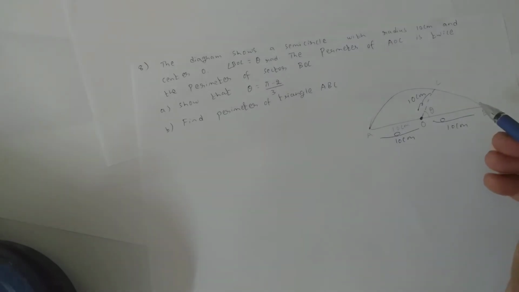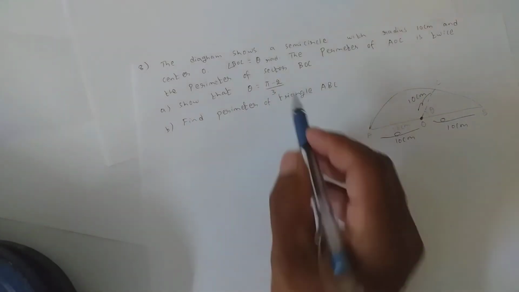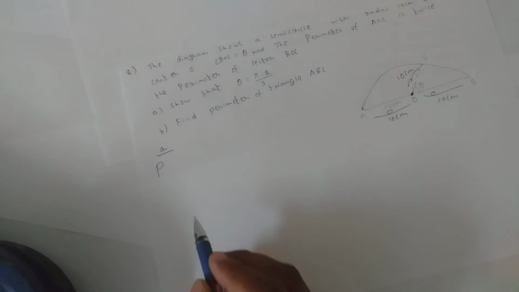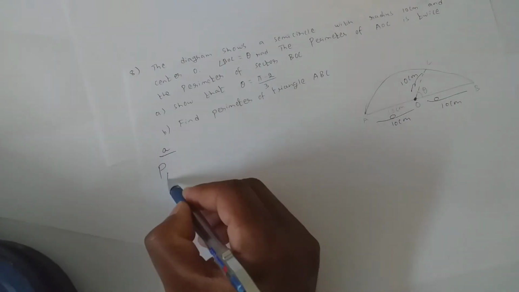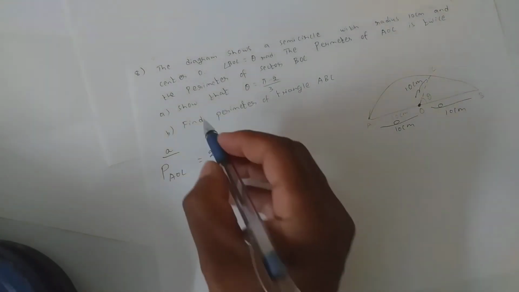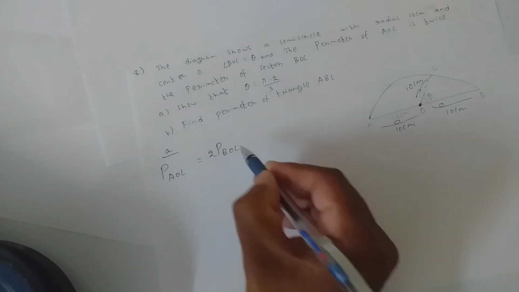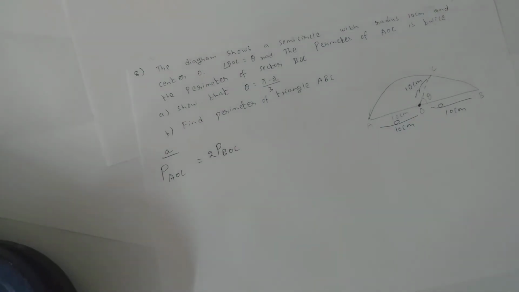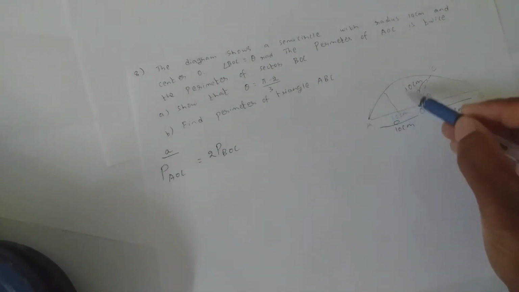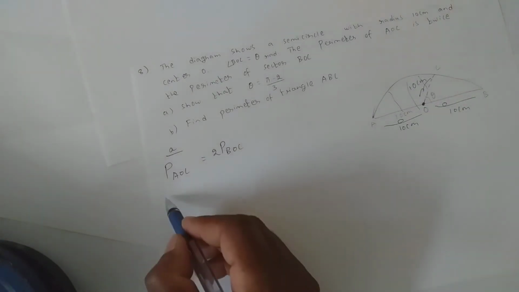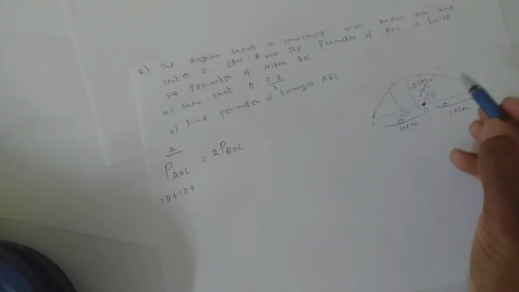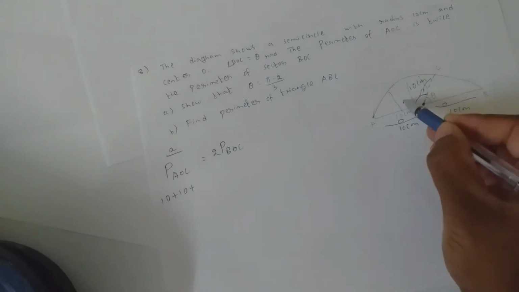Angle BOC equal to theta, as shown. Now the perimeter of AOC is twice the perimeter of BOC. Show that this one. To show the answer, I need to write what is given. Perimeter P of AOC equals 2 times the perimeter of BOC. Clear so far? Now perimeter of AOC means what all do I need to add? AOC means all this I need to add, which means 10 plus arc length AC. If this is theta, this becomes pi minus theta.